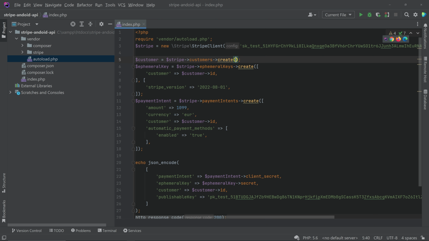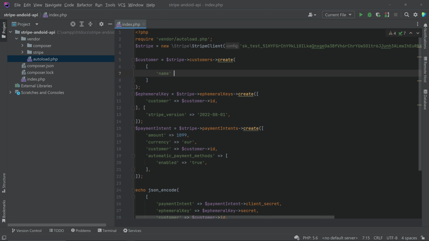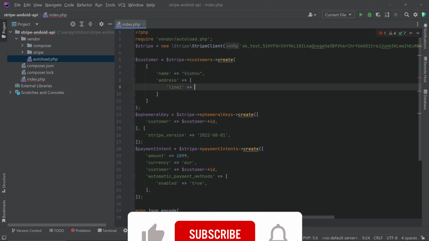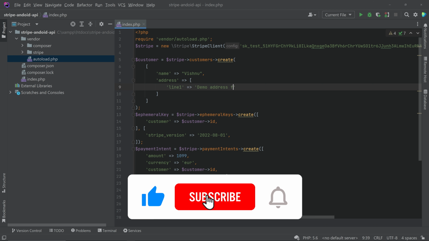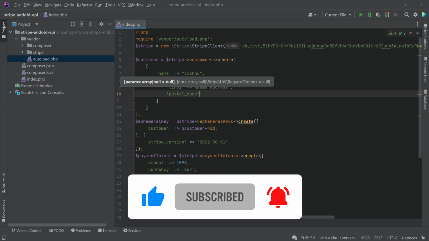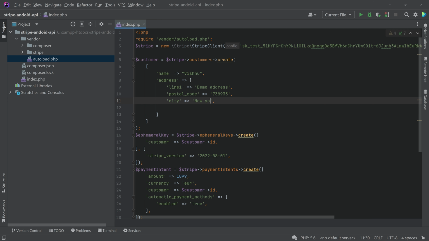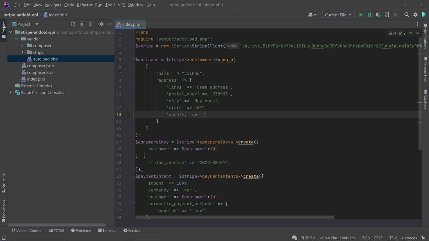Now inside the customer, we have to pass the address and the name of the customer. Now here you can see that we are passing the name of the customer and the address.